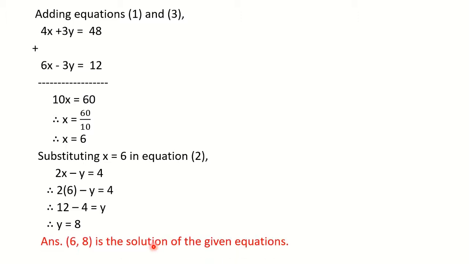Finally, you have to write down the solution. Either you can write down the solution as we have written in the previous sum, or you can write in this form also, that 6 and 8 is the solution of these given equations. Or simply you can write down finally x is equal to 6 and y is equal to 8. So anyway you can write down the answer, but writing the final answer is very important. It carries half a mark. If you are not writing the solution properly as an ordered pair, then you will lose that half mark. So I hope you must have understood how to solve this type of sums.